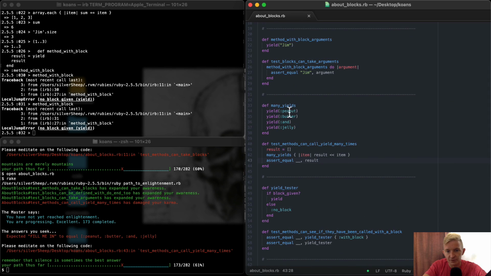Many yields. Yield peanut butter, jelly, all this stuff. Test methods can call yield many times. Many yields. Item is equal to result. Push in the item. So yeah, I'm guessing, okay, many yields. And then we're passing a block. And so as many yields as there are, they're going to be injected in. And so I guess we initialize this variable here, and then we pass in each item. Crazy. Okay, so that's peanut,